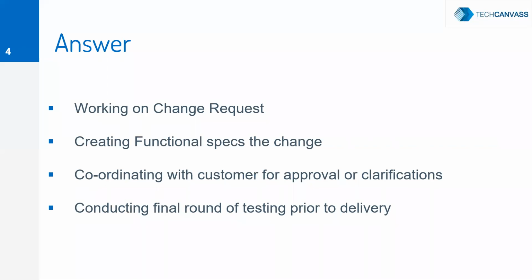And again, I'll end up setting up a meeting with the customer to ask my follow up questions or get more clarifications from the customer. If I have already discussed this change request yesterday or a couple of days back, I'll be working on the functional specs of it. In functional specs, I typically involve a process diagram, data model, and screen prototypes if possible. Once the document is ready, I send it to the customer, and then as per our company process, we also set up a call to present that change request solution to the customer.